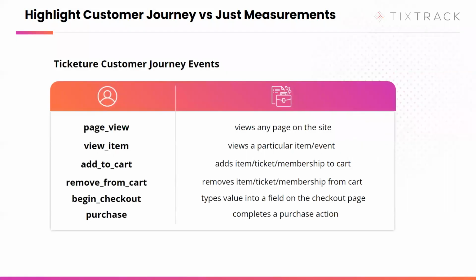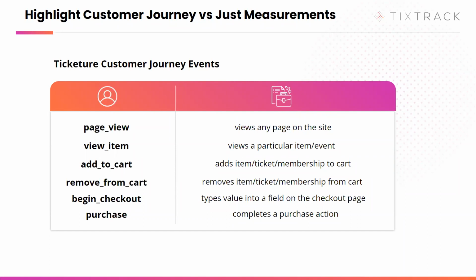So, with Ticketure, what did we do to enhance and make Ticketure itself work better with GA4 versus UA? In UA, you basically got a conversion event from Ticketure. You had page loads, so you could partially watch someone through the site. You had to do a lot with triggers and variables being passed around, but you really didn't get a lot until the person actually hit purchase, and that was the main event that we then sent over the data layer items and said, here's what the person purchased. With GA4 looking more at the journey, we also did the exact same.